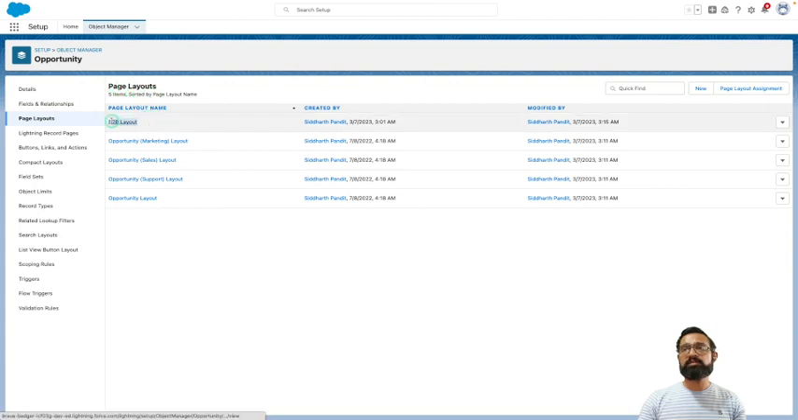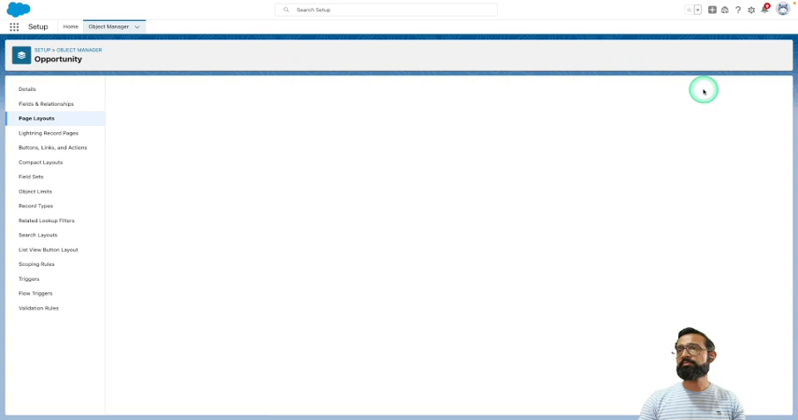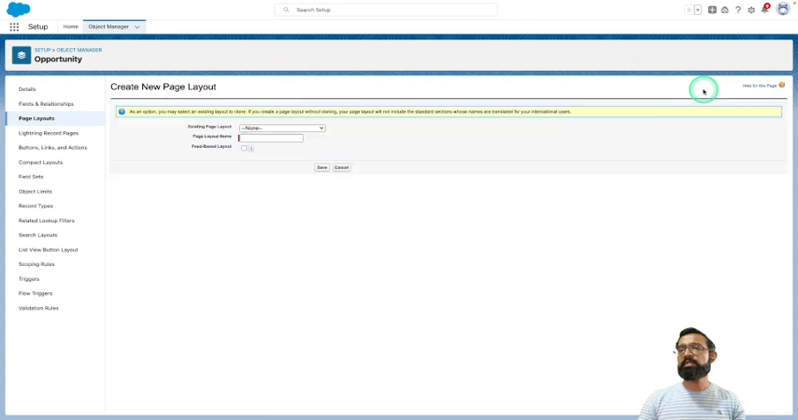Great. So after creating B2B layout, let's now create B2C layout. So click on the New button. In the existing page layout pick list, select B2B layout. So we don't need to create the revenue information section because it's going to copy from B2B layout. So give a label, the page layout name, B2C layout, click Save,